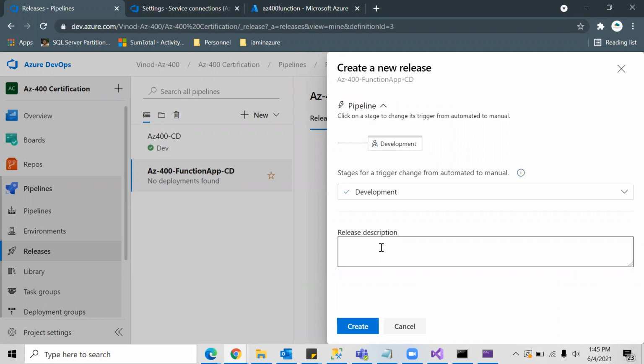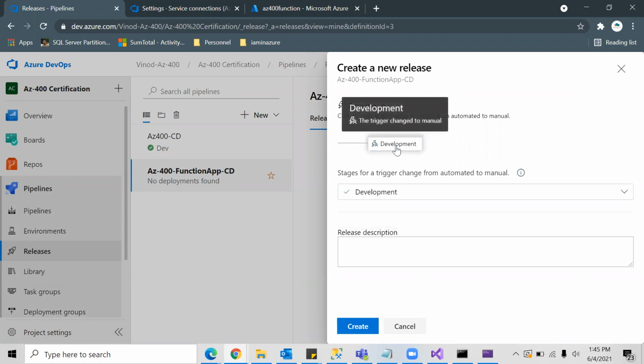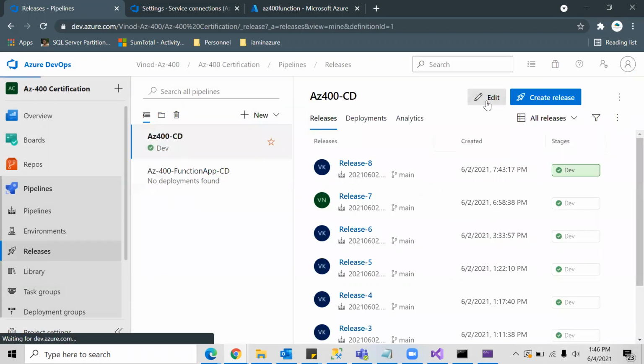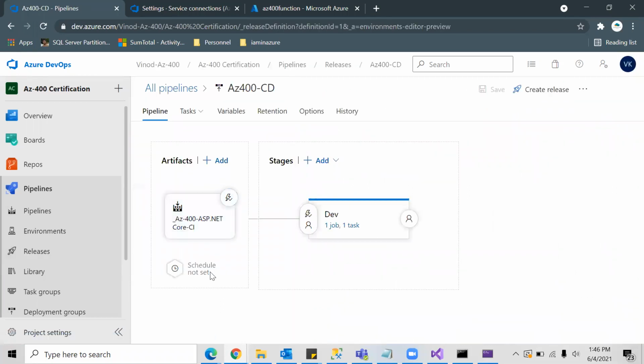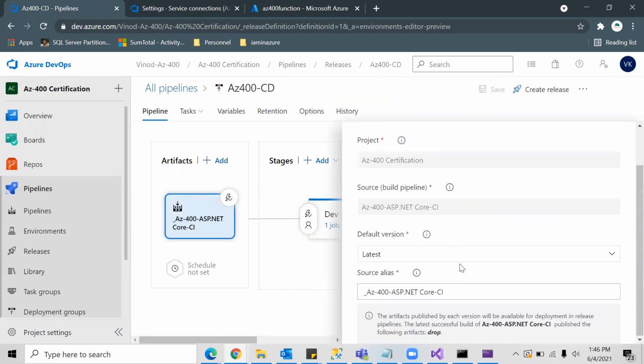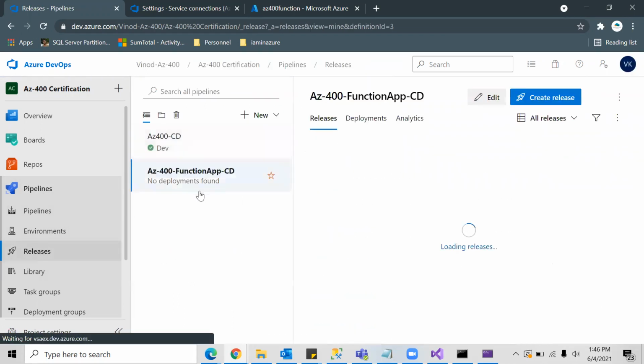I selected the stage, then, oh wait, actually I forgot to add the artifact. When I enter here, there is something called artifact. I just need to select this and add the artifact, which is actually, oh, this is not the pipeline, sorry. So this is our pipeline.